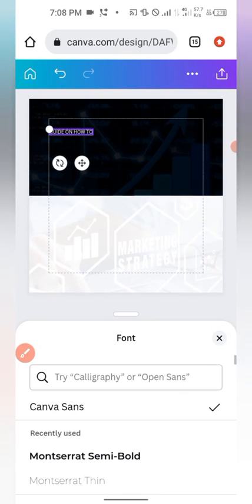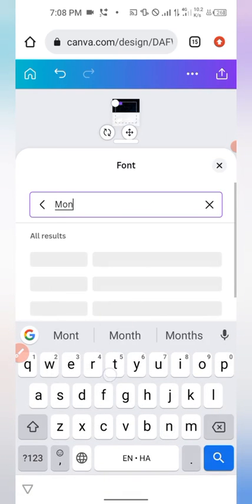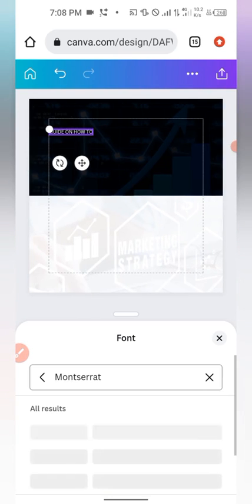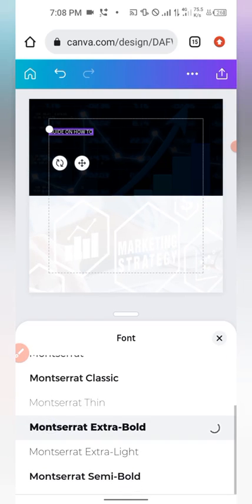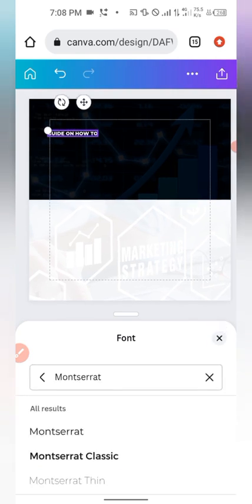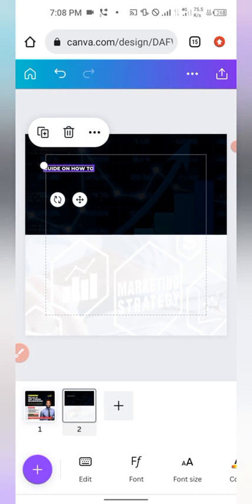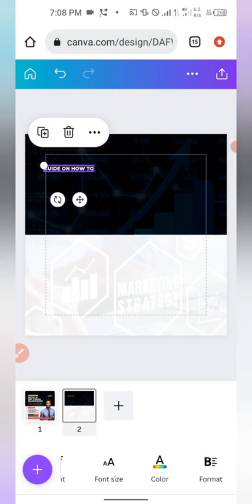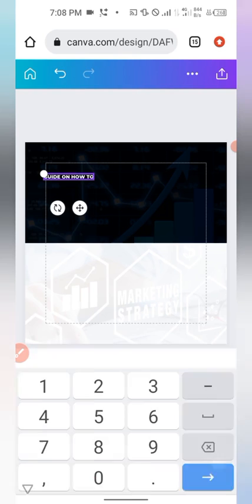Click on font and then search for Montserrat. That is the font, Montserrat, and then select the extra bold. Select the Montserrat, select the extra bold. Okay, and then head over to font size to reduce the font size of it to